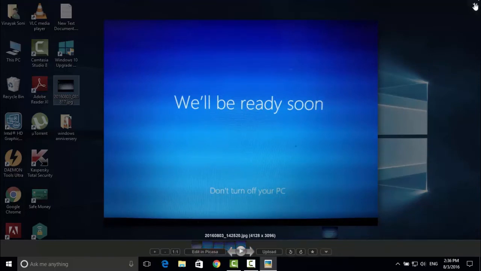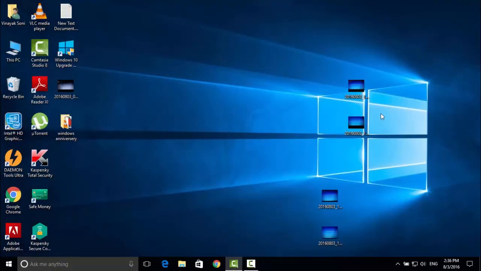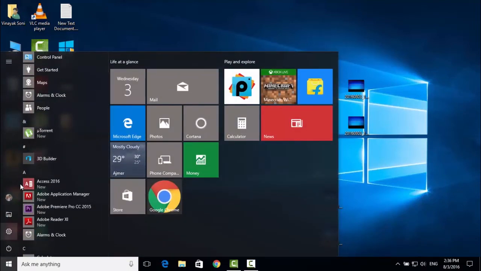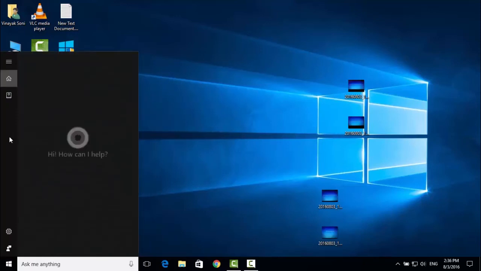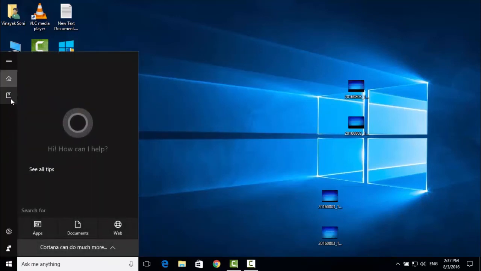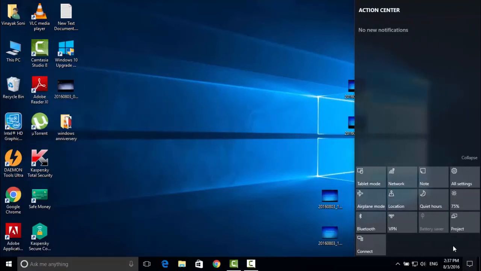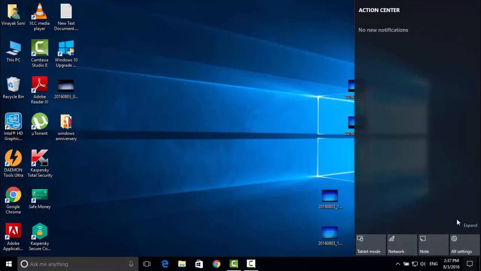Then after that window, 2 or 3 seconds after that your desktop window will appear, and I found some new UI changes, which is the start menu changes. Here you can see it is now changed, and this one is also changed. And I have experienced UI interface changes. Many UI interface changes were there.